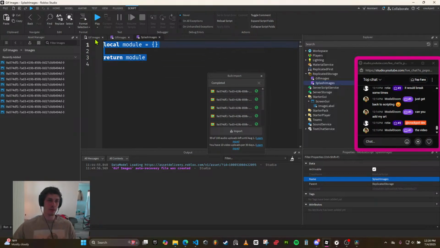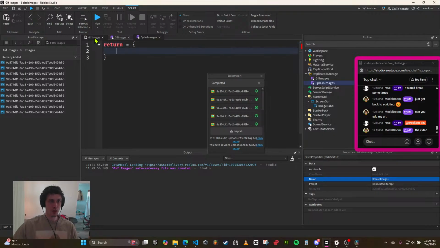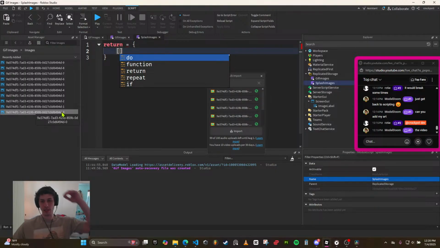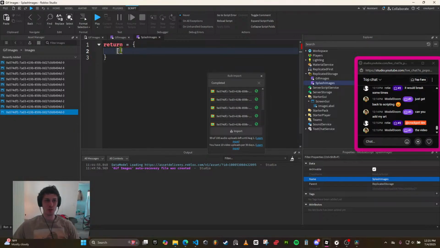This is how the table is going to work. You need to name these in order, however many images you have. These are already in order. That's what I love about the Convert website that I just showed you guys. It already puts it in order for us, so we know which one is our first one. So we go 1,